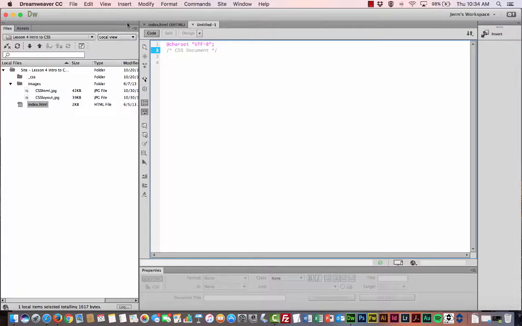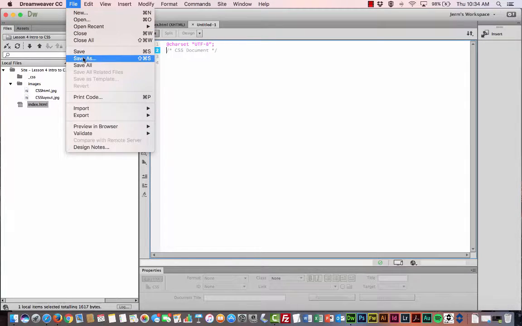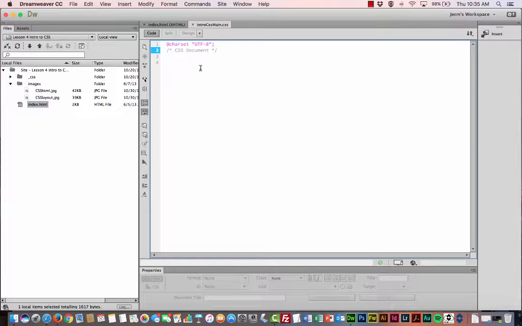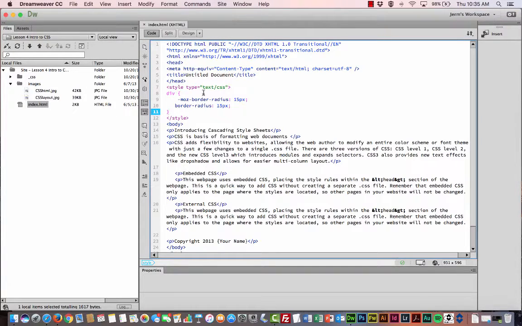And then before I do anything, I need to save this. So I'm going to go File, Save As, and I want to put it in that CSS folder. Since I've defined the root, it comes right up for me. And for the name, I'm just going to call this Intro CSS Main. A lot of times CSS files have the word main in them as meaning main styles for that website or that page. So I'm just going to go ahead and click Save there. And then I actually don't need this open right now because I'm going to link this into my HTML file. So I'm going to exit that out,